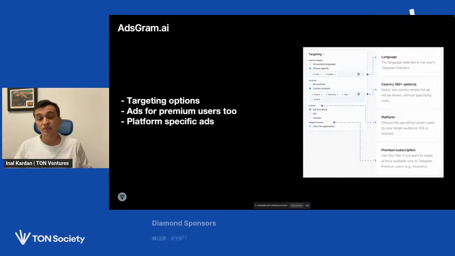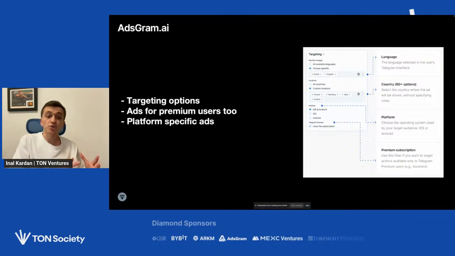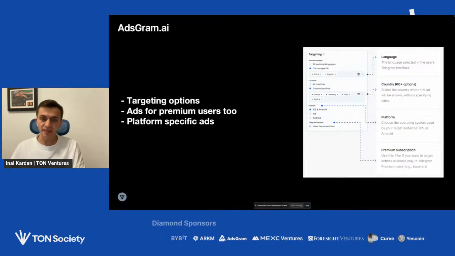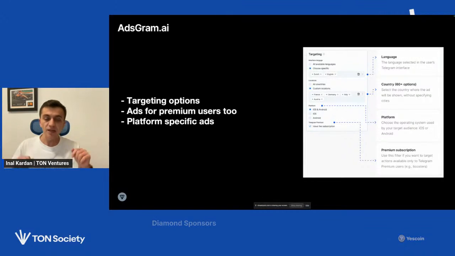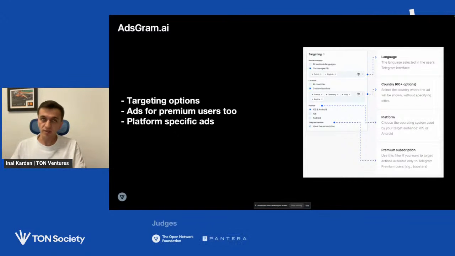You can target specific locations, unlike Telegram ads, because in Telegram ads you cannot target locations, but in AdsGram you can have targeting based on locations. But this is purely IP-based information. Many apps do not have access to geolocation or GPS data, but it is based on the IP address, from which you can try to find out which country this person is in.